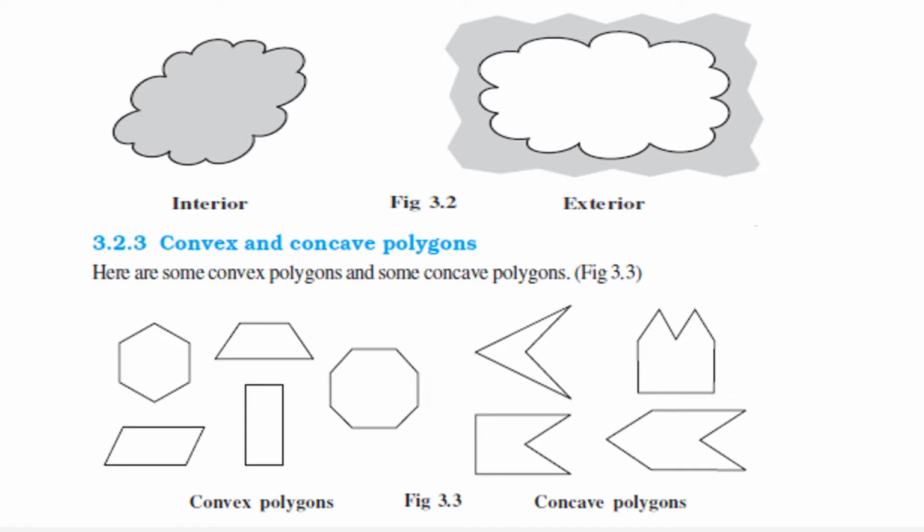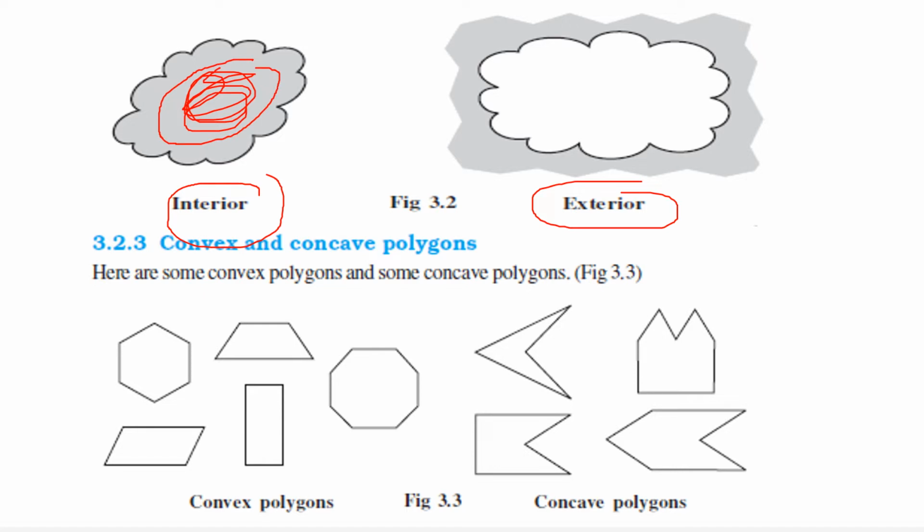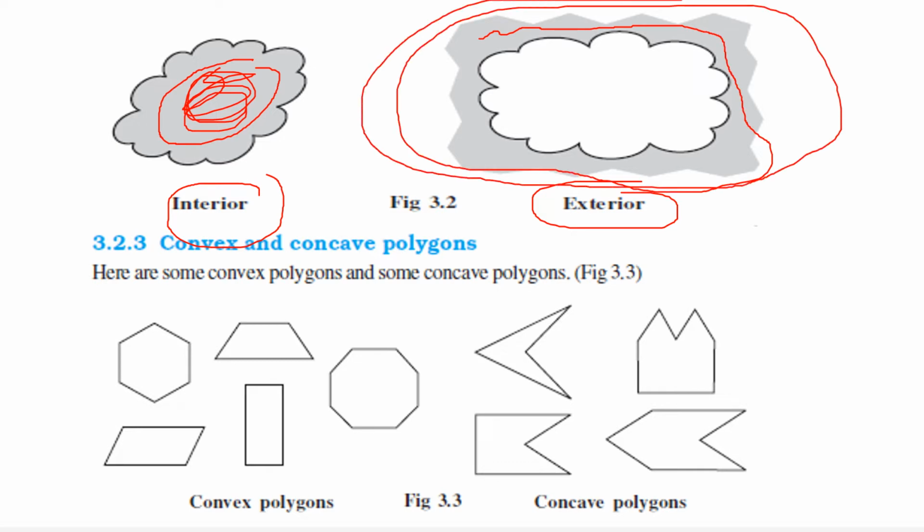Okay. Now the next topic in NCERT only is about interior and exterior of a given figure. Interior of figure is this part which is shown to you. If this is the boundary, this black one is the boundary, this is the interior of this figure, and outside the boundary, that is this portion, is the exterior. So this complete portion outside is the exterior of this figure. Now comes convex and concave polygon. I hope you all have seen the videos I sent you last day, in which all these topics were explained already.